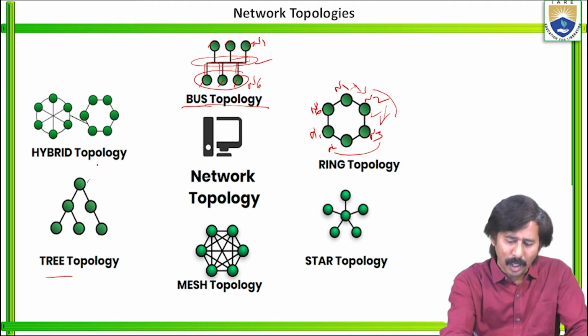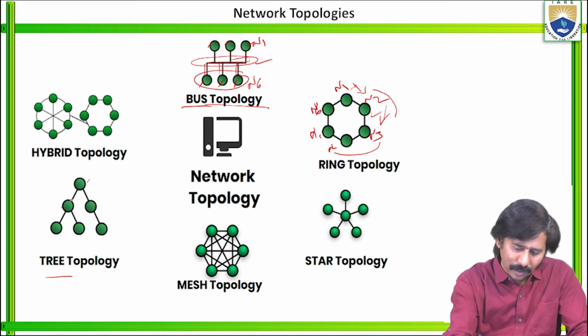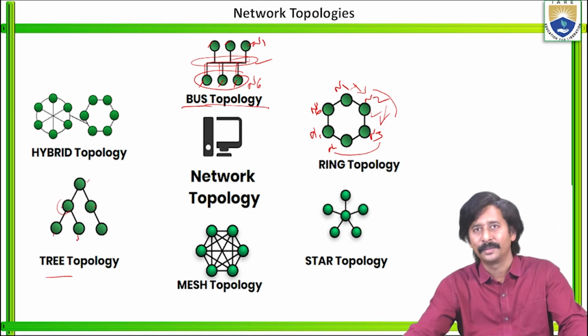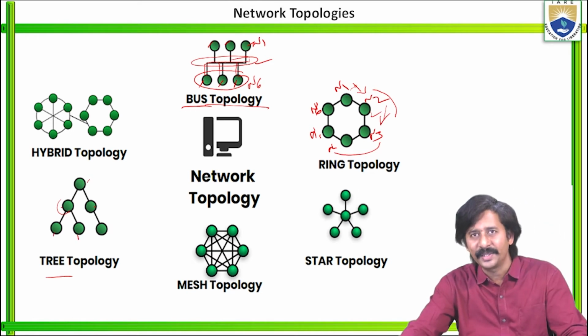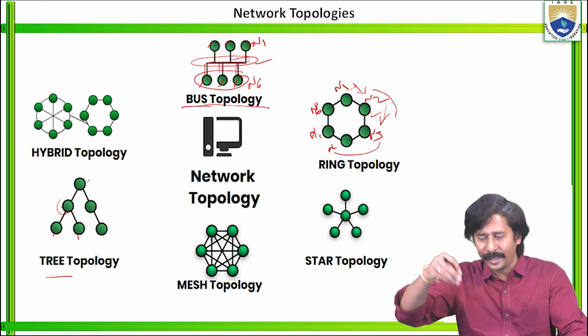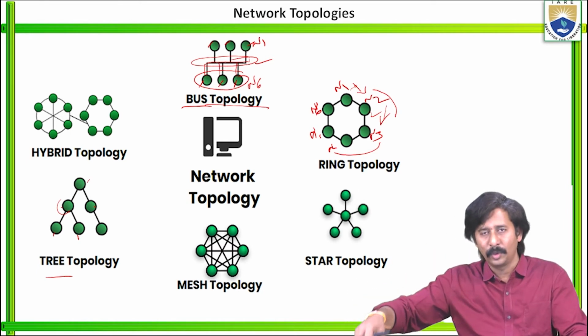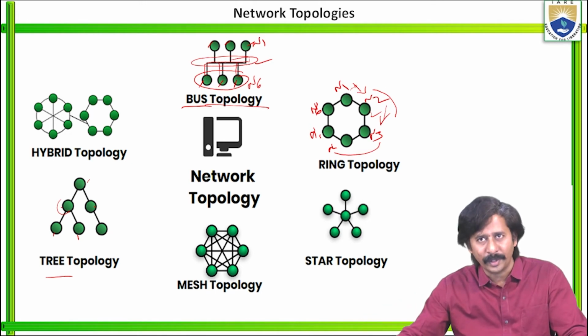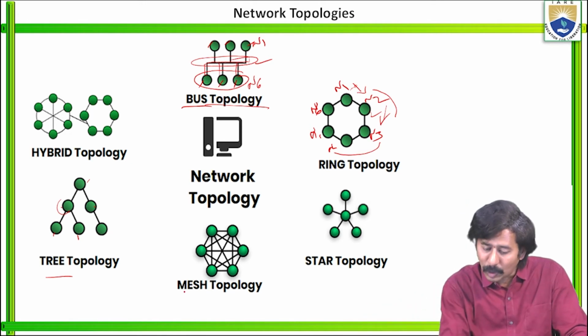So this is the root node, these are the child nodes. And for this particular network, this is the root node, these are the child nodes. There is a parent-child relationship in case of tree topology, right? So the data is transmitted to child nodes from the parent node. Then mesh topology,